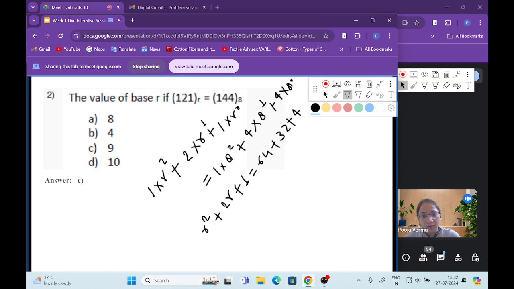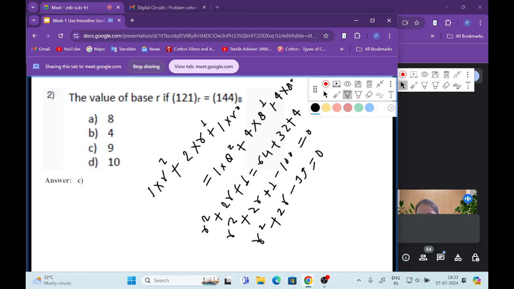Now find it out. 64, 32 plus 4 is 100, and if you take it to this side, so r squared plus 2r plus 1, that is 100. So if you take this side, it is 100 is equal to 0. Now solve this equation, r squared plus 2r minus 99. So you can solve it